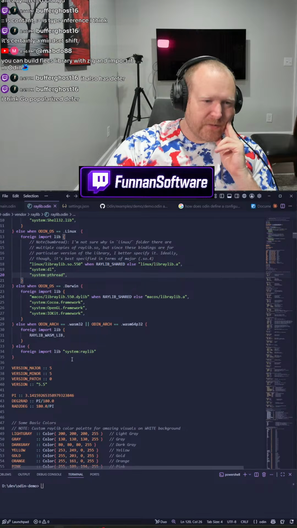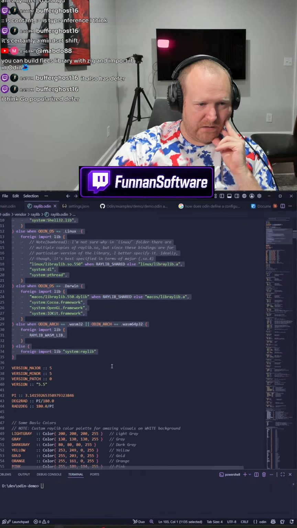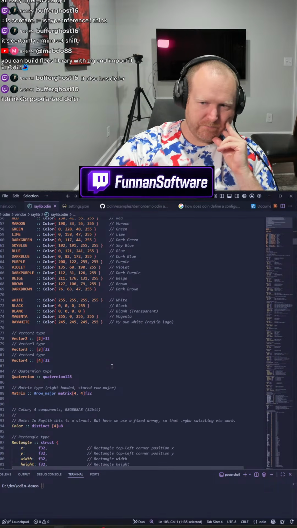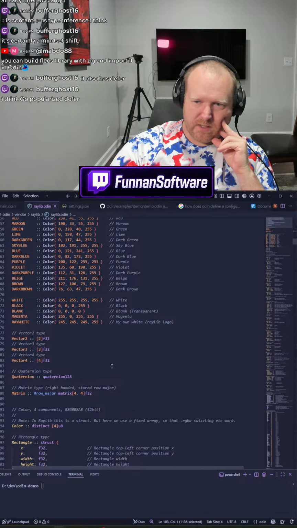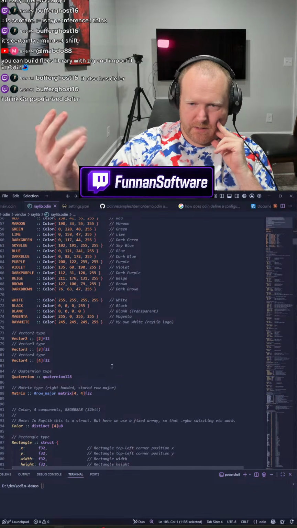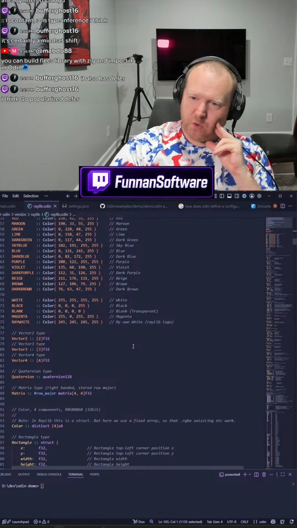Okay, this is making more sense to me. I'm able to wrap my head around this a little better, so that's good. I wonder how much easier it is, because some of you have been here when I've gotten my dev container up and running to get Raylib or SDL or whatever running on Windows, Linux, Mac, WebAssembly, and Android.